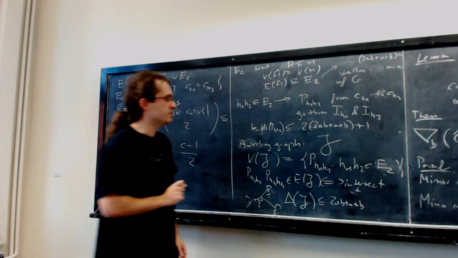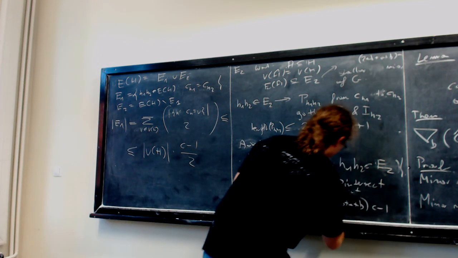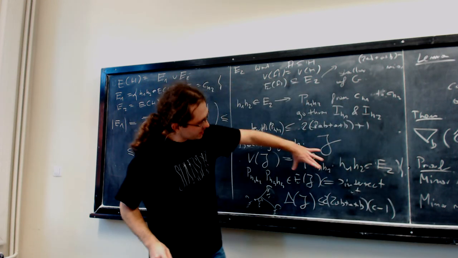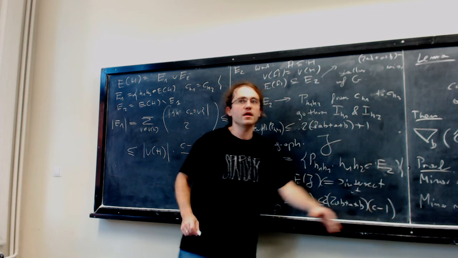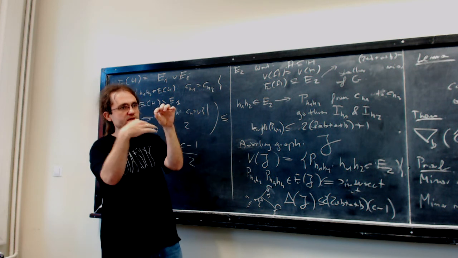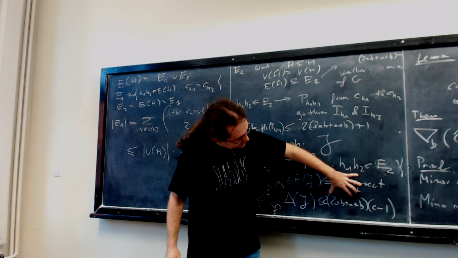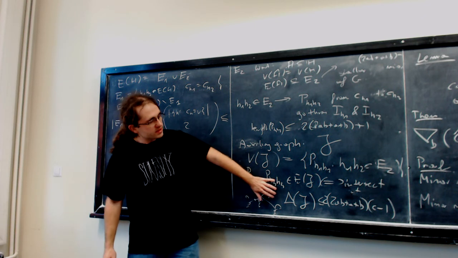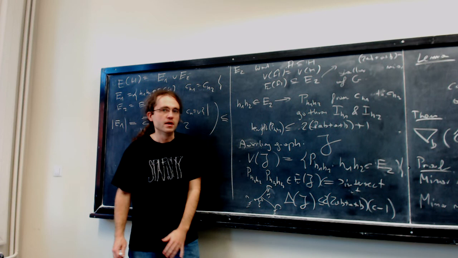At most, his length times c minus 1, twice his length. If this is his length, and this is the congestion, how many guys can he collide with? Every path on every vertex, because colliding means that there's a different branch set at this moment. There's a different path, so at every vertex, the path can collide with at most c minus 1 other paths, which means that this colliding graph, this auxiliary colliding graph, has got bounded degree, which means that it has got